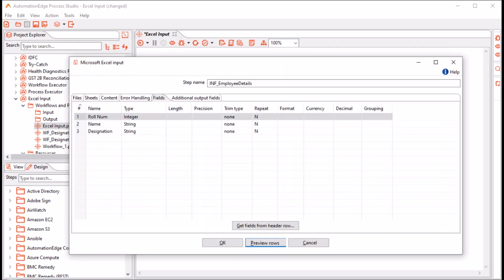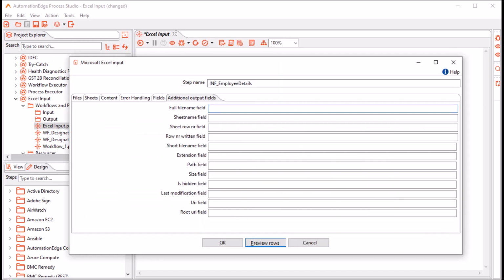And finally, let us go to the additional output fields. In the full file name field, specify a field name to capture the full file name along with the extension. For example, I have specified full file name. Similarly, you can provide field names for the other properties of the Excel file. In the sheet name field, you can provide a field name to hold the sheet name, a field name to hold the sheet row number, specify a field name to capture the number of rows written,